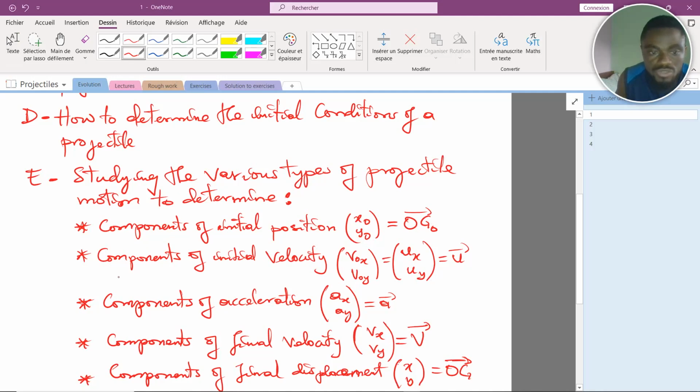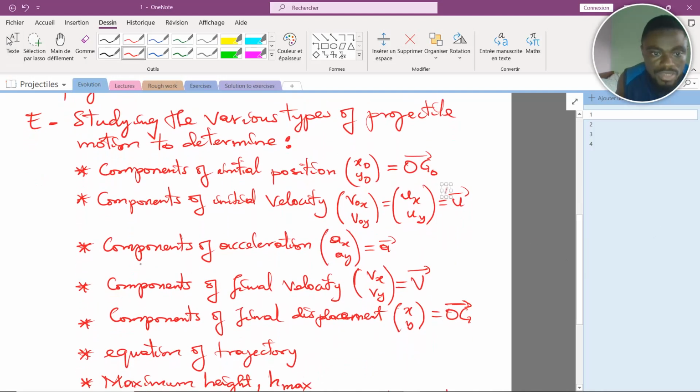study the different motions in order to be capable of determining the components of initial velocity, which are Vox and Voy. In most textbooks, it is denoted by Ux and Uy. These are the components form, and the vector is what? The vector U. We shall also